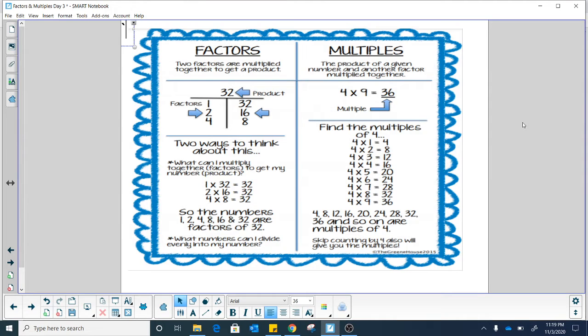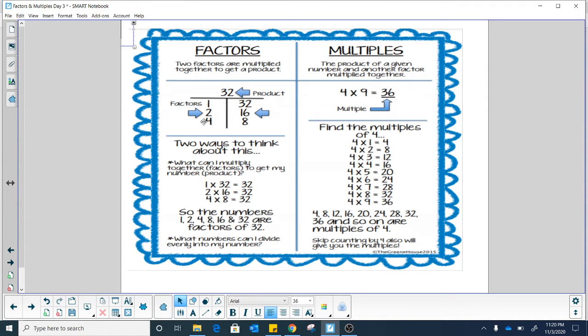Hey there, mathematicians. Today in group, we're going to continue talking about the difference between factors and multiples. And as we discussed during mini lesson, the factors are two numbers that are multiplied together to get a product. So a lot of times you will be asked what a factor of 32 is, and that's the product. So your job, when that's a question to you, is to figure out which two multiples are multiplied together in